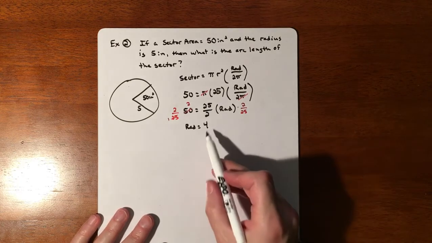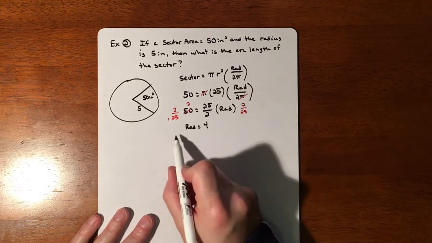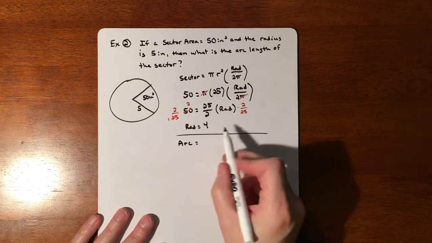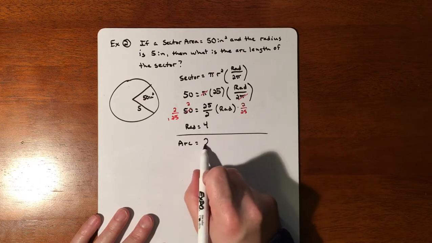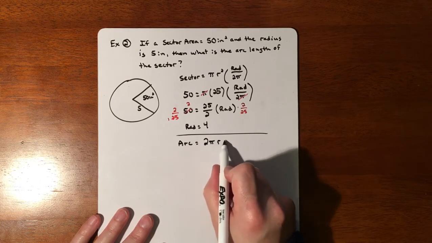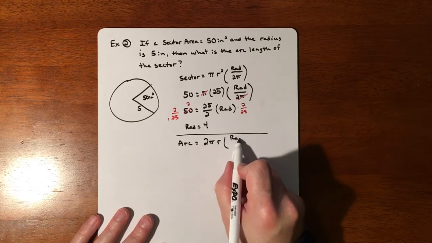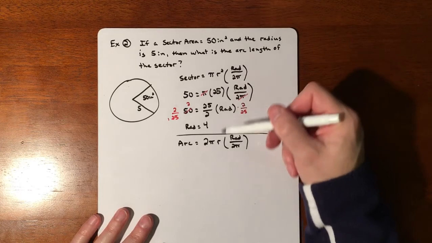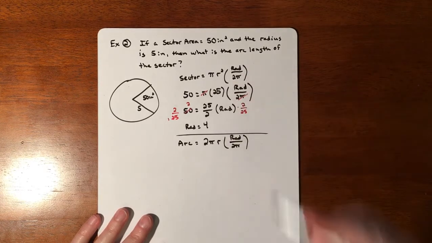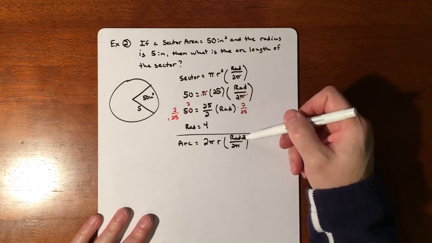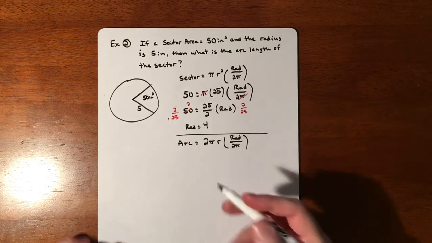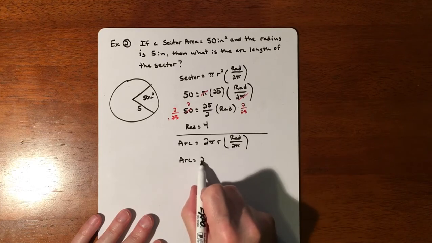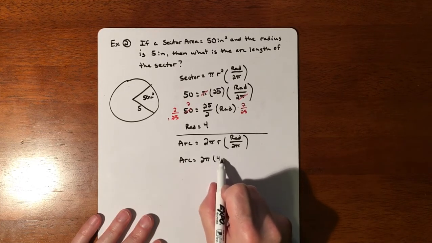So what would be the crust of this? So what would the arc length of this thing be? We'll start the problem over. So if we do the arc, and since this is in radians, we're going to take 2 pi r times radian measurement over 2 pi. So again, very, very similar feel. That's what I like about these formulas. Doesn't change too much. We know the radian measurement, we know the radius, we just don't know the arc. Let's plug things in. So the arc is going to be 2 times pi times